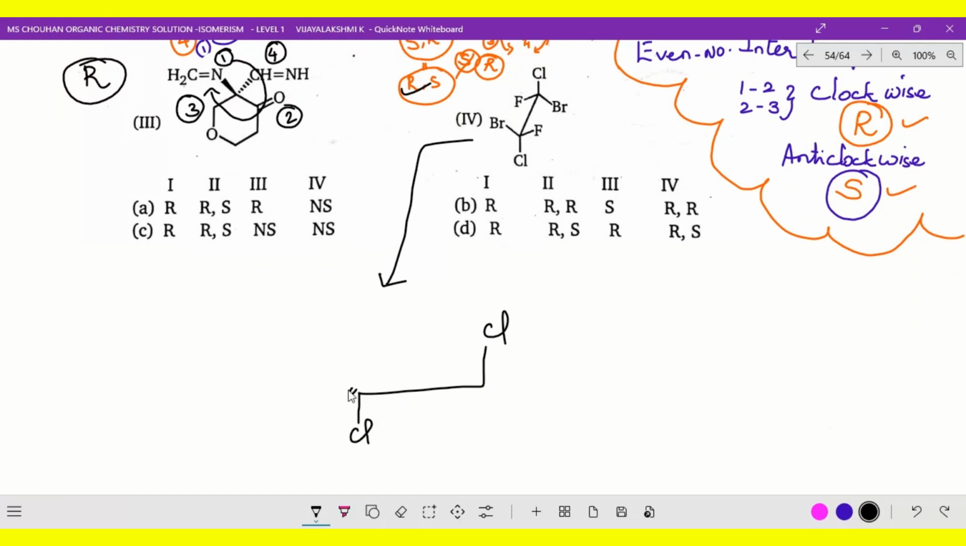The side dash is attached with the Br, the side wedge is attached with fluorine, and in the same way this side dash is attached with the fluorine, this side wedge is attached with Br. Yes, got it clear? Okay, now we'll give the priority order. So here, bromine has the higher atomic number, so we are giving priority 1, and chlorine 2,